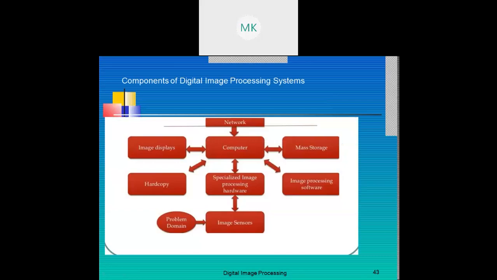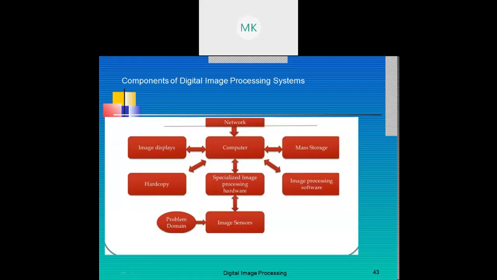So four categories of elements have been considered. First is image acquisition, capturing the image by using a digital camera, scanner, or video camera. Second is image storage, where all kinds of digital memory such as hard disk, tape, and optical disk are considered. Here come mass storage, online storage, and archival storage. Three types of storage are used in image storage elements. Third is image processing, where we need computers with software. Fourth is image display, where we display the image through hard copy devices. Next we'll consider these elements in detail.